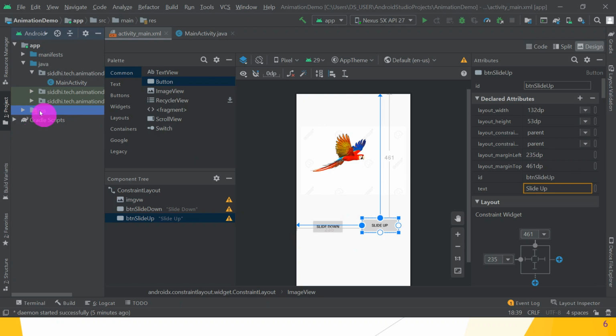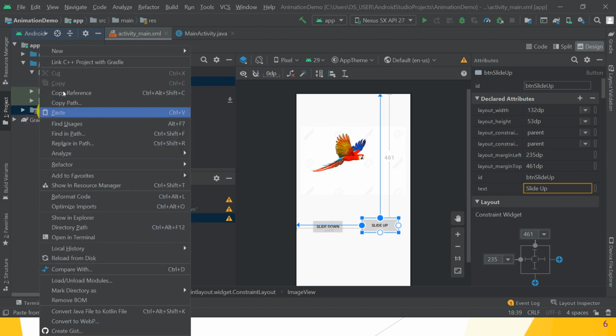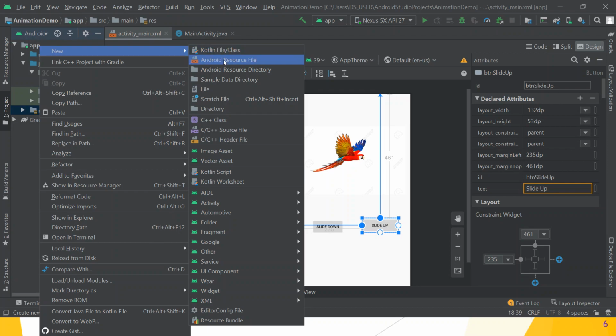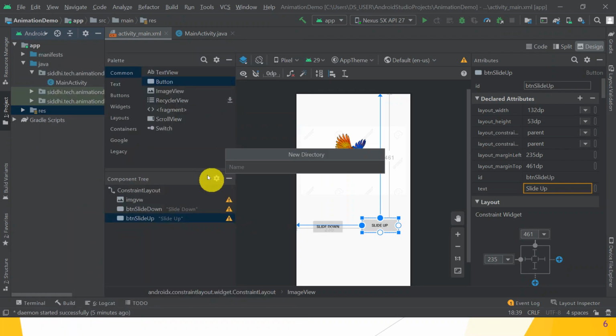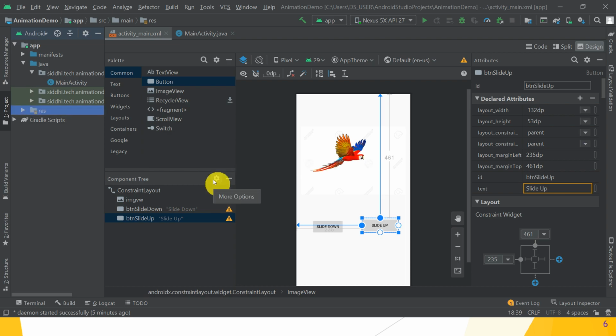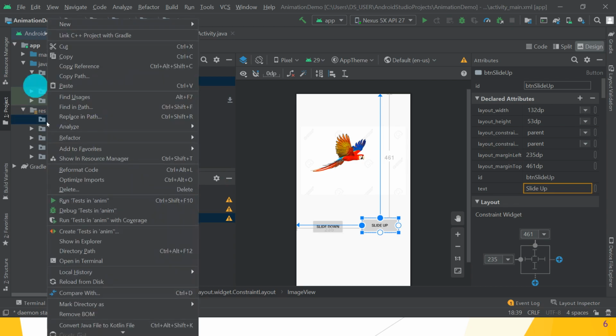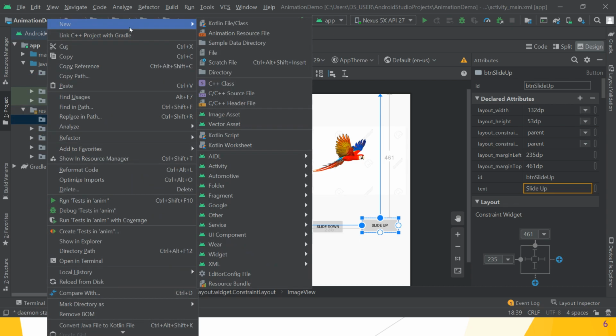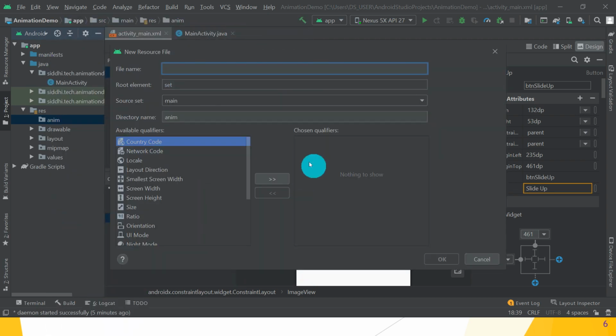You have to create a new folder, that is a new directory under resource, and give the name as anim, that is animation. Great guys, so inside the resource folder there is an animation folder. Then right click on that folder and create a new animation resource file and give the name as slide_down.